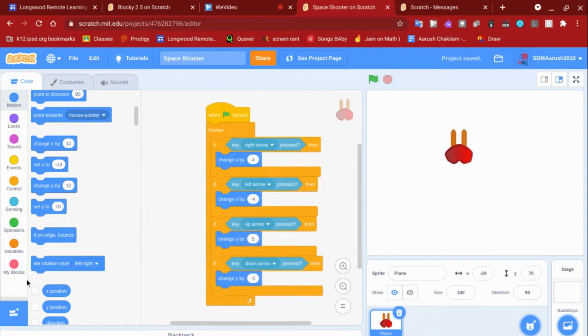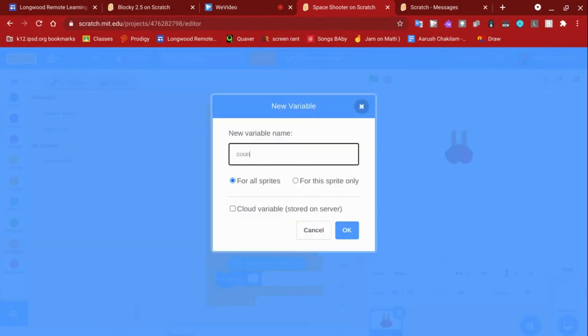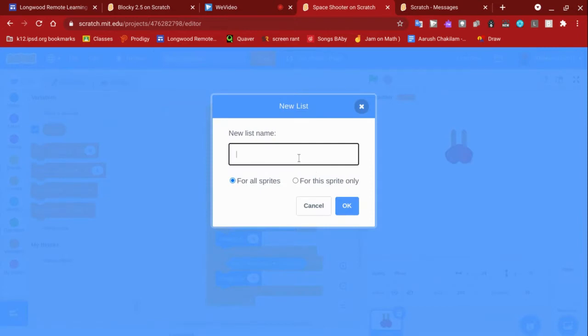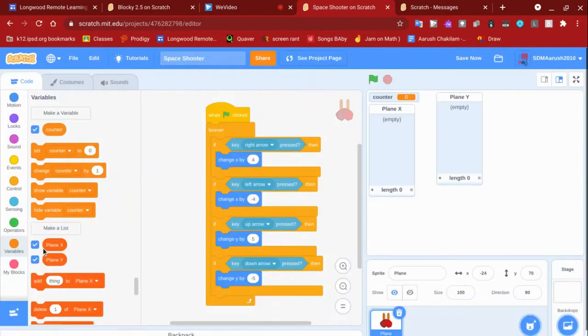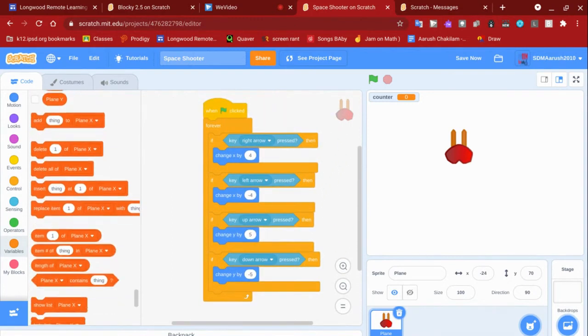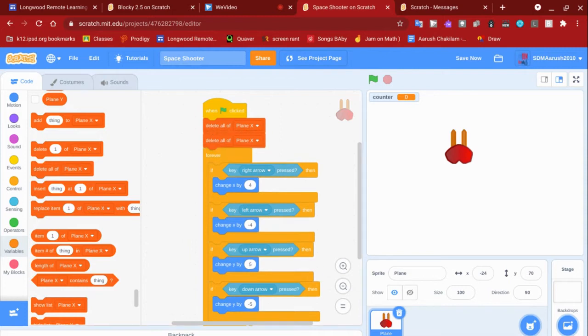Alright, so we're actually going to create some lists and also a variable called counter for all sprites only, and then a list for all sprites called plane X and plane Y. So when go clicked, we want to delete all of plane X and delete all of plane Y. And then forever add